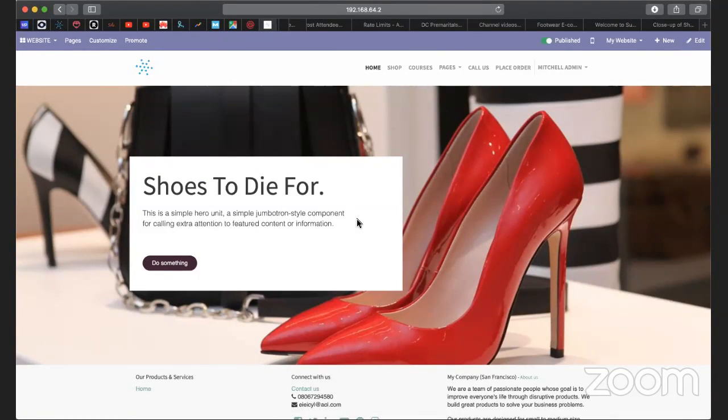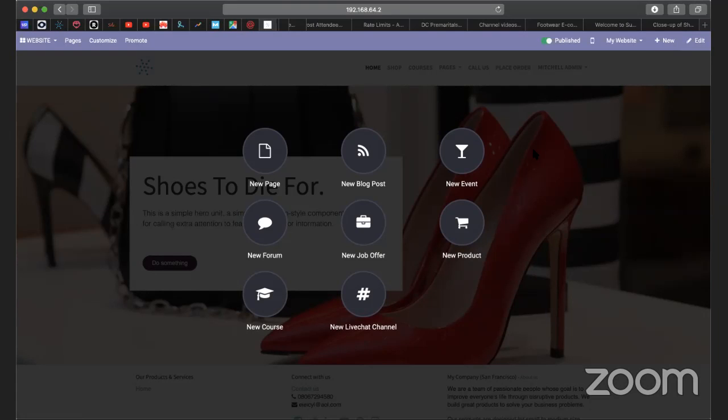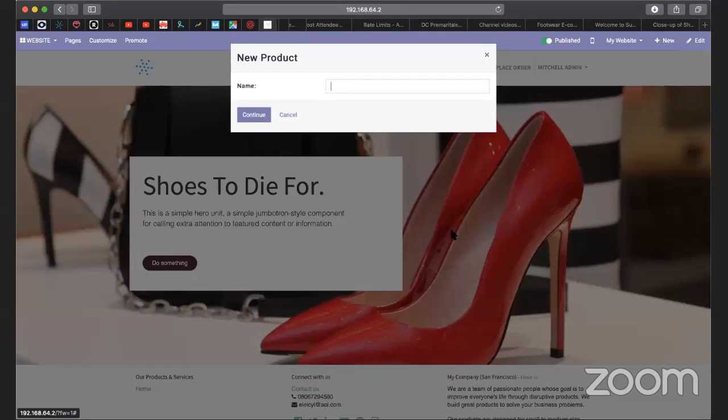Our shoe business is taking shape online. We've created the homepage, and now we need to have our first product uploaded to our website. To create our first product, click the plus new button at the top right of the screen. Then click new product. Under new product,